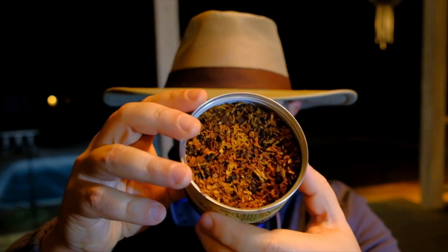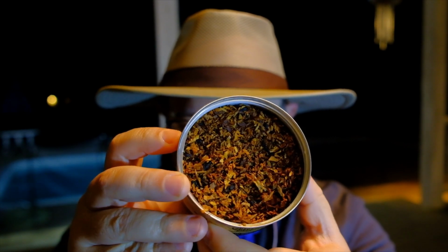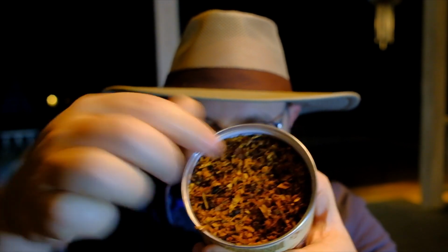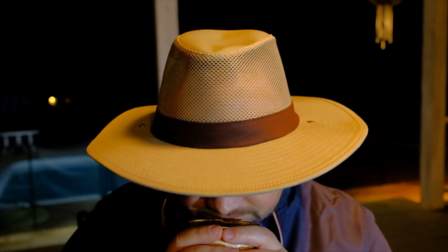So, you get a nice little kind of our normal C&D cut there. Nice little ribbon cut, very easy to pack. Its moisture content is great. When you open the tin, you get a lovely Virginia smell, and I get just a faint hint of vinegar, so I'm guessing there's some reds in here. But